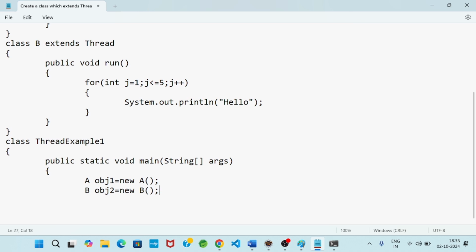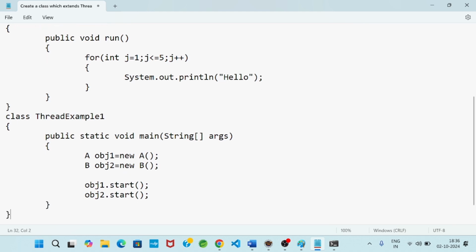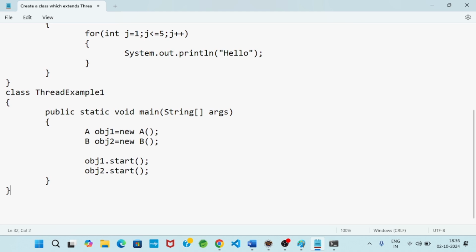Now, after object declaration, I will call the method, because I have defined the run method. Then how will the run method definition execute? The concept is: obj1 dot start method executes the run method definition. Start is another built-in method we have to call by the object. Similarly, I will write obj2 dot start method. So why the start method? Maybe a question will arise, maybe the interviewer may ask this question.